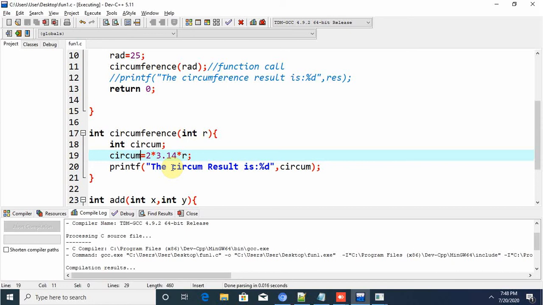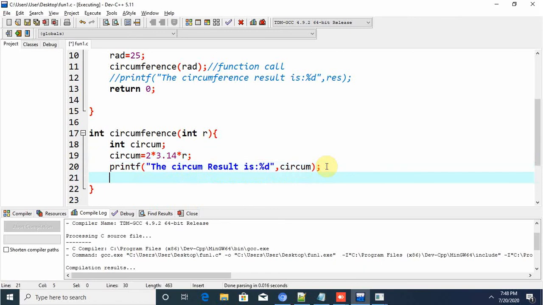The result which we are getting in that function, I want that value in the main program. So for that scenario here we need to return the circum. I'm just returning this circum.